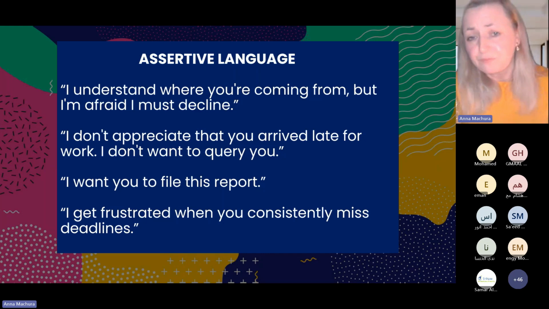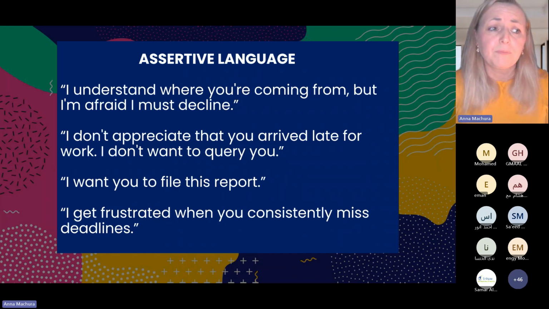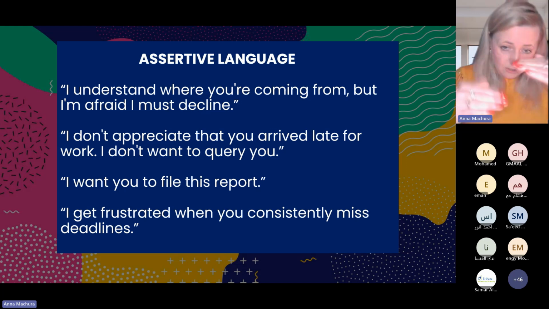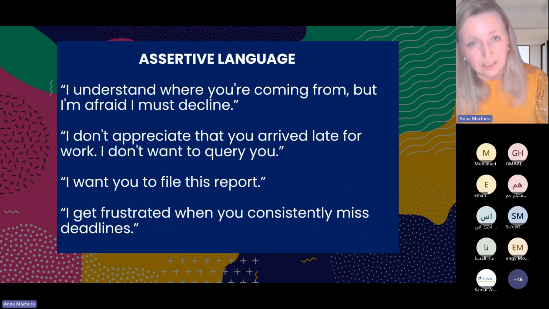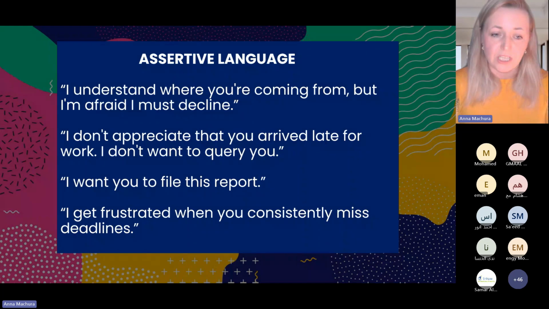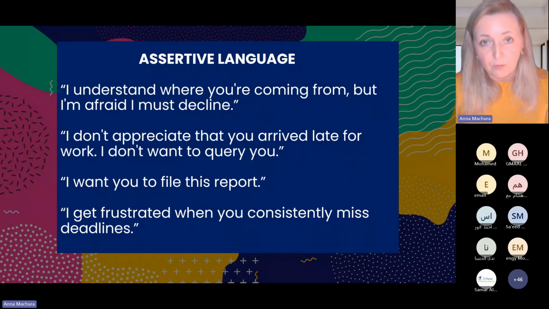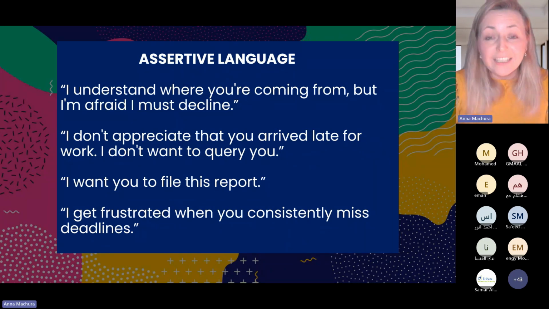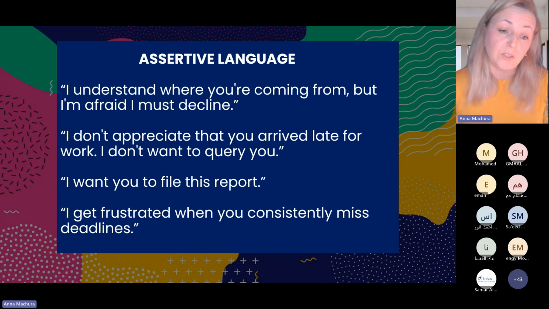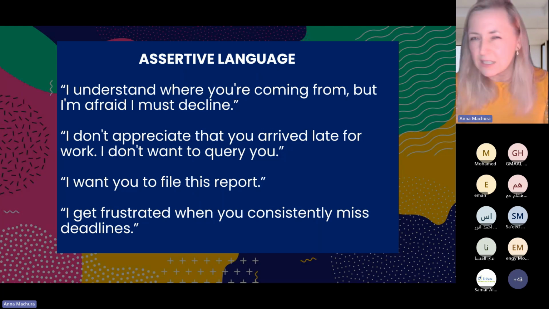I mean, these are examples that you can find there. Recommend it, and that's fine. I mean, it's keeping the balance. I want you, depending on the cultural context as well, to think how you want to frame it. But I get frustrated. You talk about emotions. Think about the situation. What has happened? You refer to it. I feel that way. And what do you want? What do you expect? You can't just say, I get frustrated when you do that. You can add, I mean, it has to be clear in any way it's phrased by you. So what do you want from me?